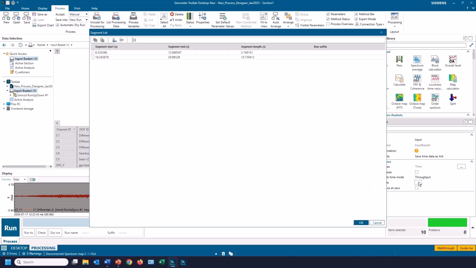So there it's set the segment. Okay. So then if I were to process this data, I would get an average spectrum for each of these segments stored in a run, as well as the waterfall stored into a run. I have two different run names, and they would be annotated with the segment start and stop. Or if you wanted, you could always give it a suffix here. And then rather than annotating the run with segment times, you would give it these names.